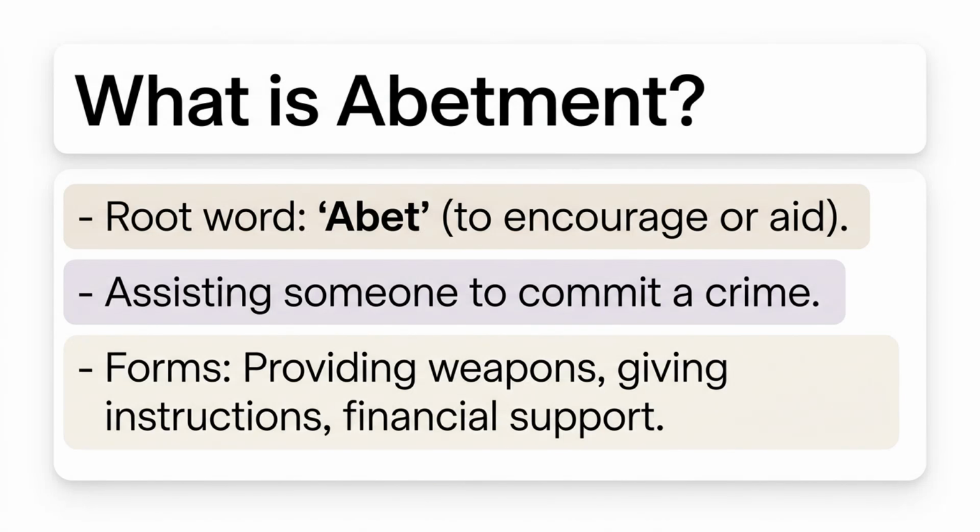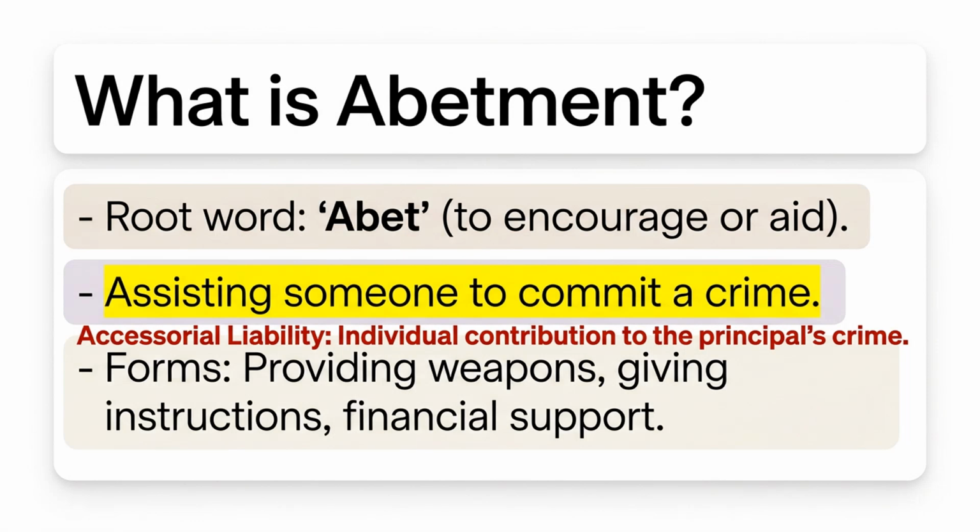The term abetment comes from the word abet, which simply means to encourage or aid someone in doing something wrong. In criminal law, this translates to directly or indirectly assisting someone to commit an offense, whether by providing tools, funding, or even just persuasive advice. This creates what we call accessorial liability. As Professor Mensah-Bonsu notes, without the individual contribution of the abettor, the principal offender might never have attempted the crime